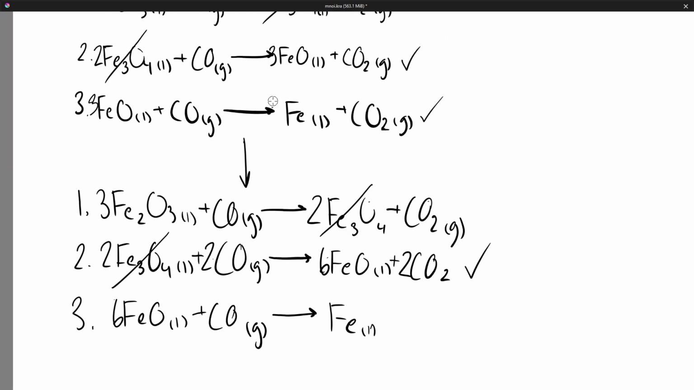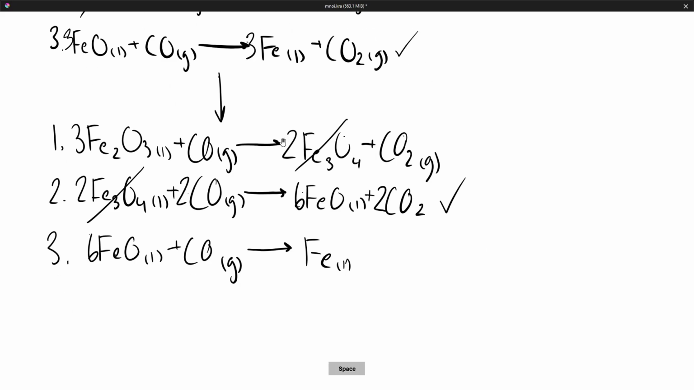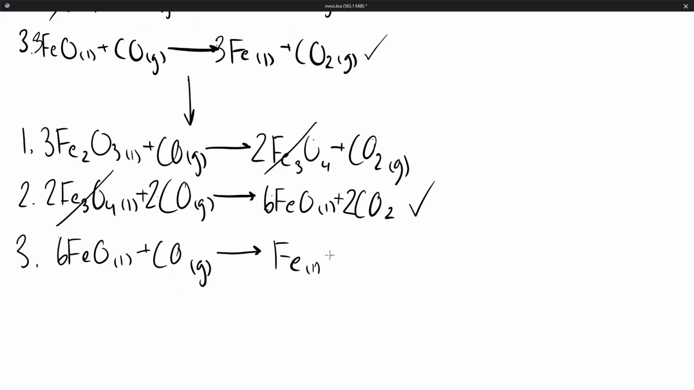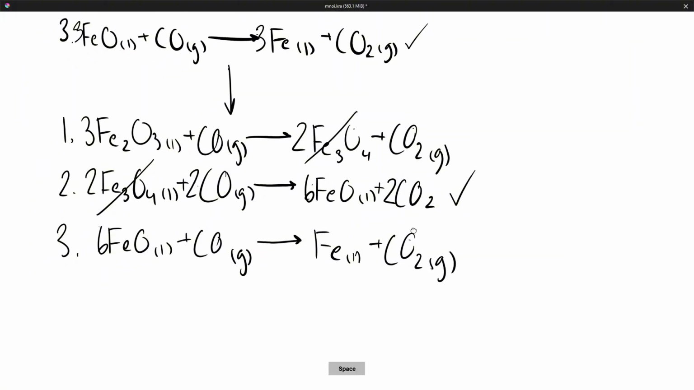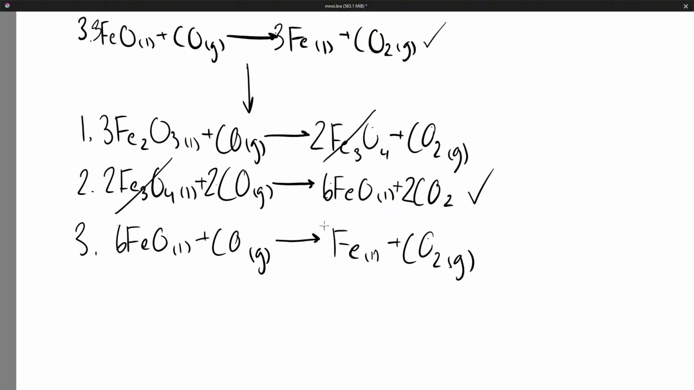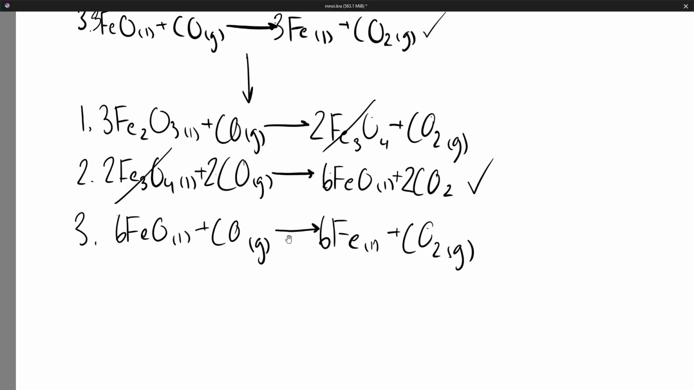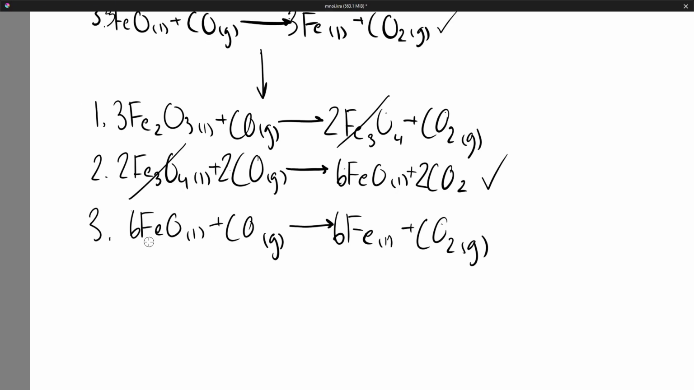Oh, sorry, I forgot to balance this one, but it's 3. My bad. Okay, now CO2 gas. So there's 6 irons here. We're gonna put 6 here, and the rest is the oxygens. So it's 6, 7, and there's 2 here, which means we want